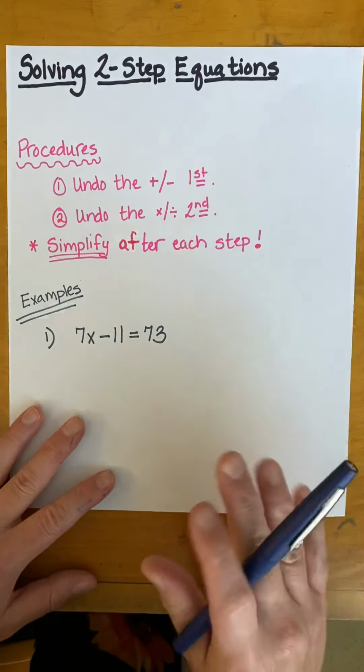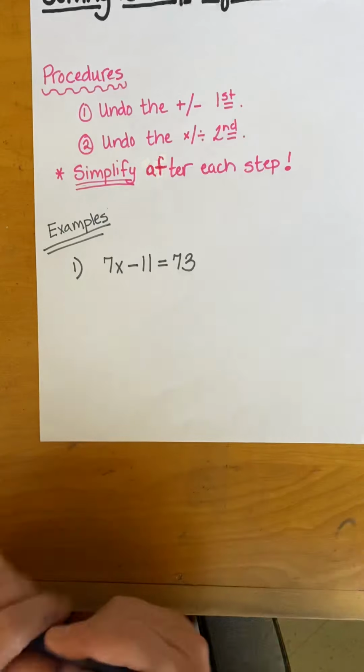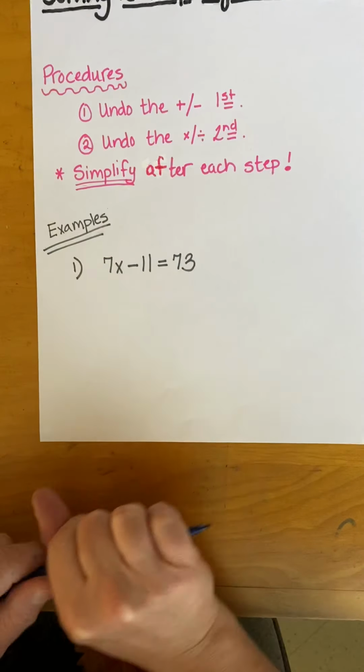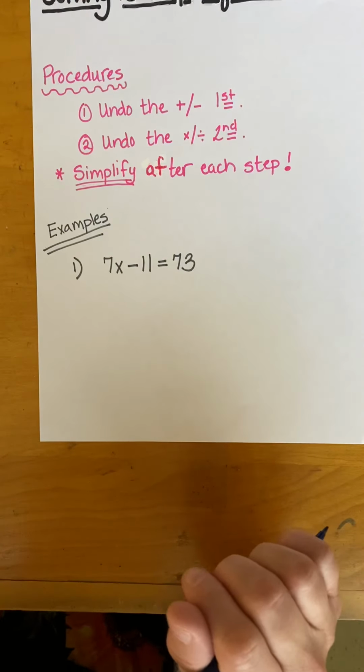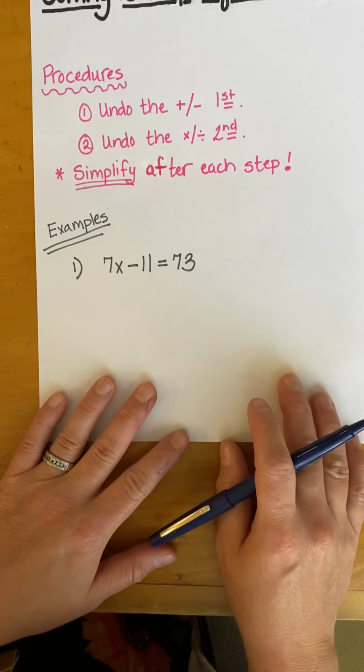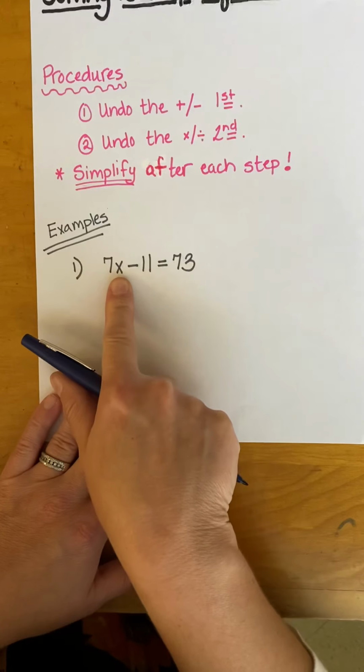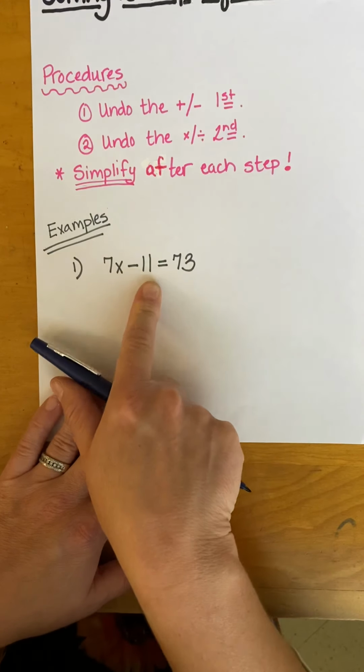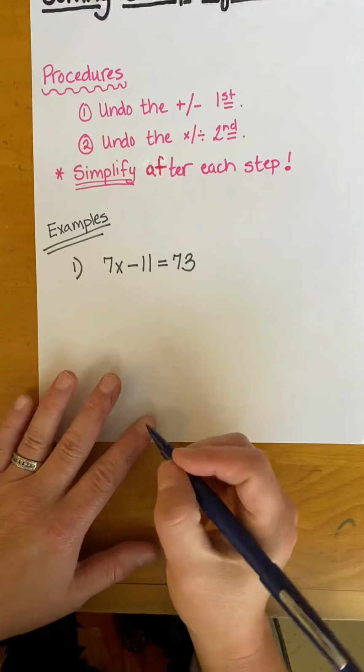All right, so let's start with an easy one. And I'm actually going to label the steps that we take to solve this, so if you have to do that on your lesson. According to my step, I undo the addition or subtraction first. I always focus on the side with the variable, and I have a minus 11. If I want to do the inverse or opposite of minus 11, or to get rid of it, I'm going